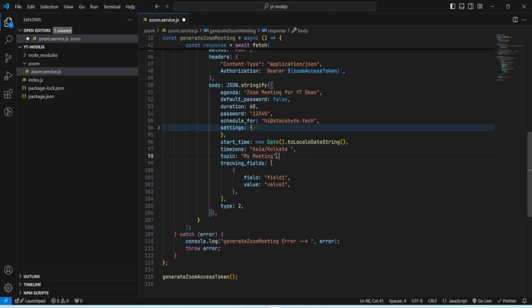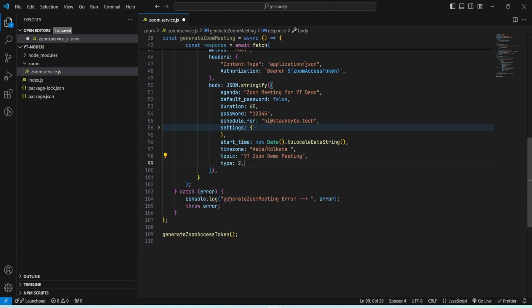Now here you can add a meeting topic. Okay, so I will say that YouTube Zoom demo meeting. So this is the actual topic or the title which you can see in the Zoom meeting. Okay. Now here are some of the tracking fields which you can add. We don't want, so we will remove it. Okay. Now type. This is the most important thing. Okay. You need to add a valid type here. These are basically numbers. Okay. So one stands for instant meeting. Okay. Two stands for